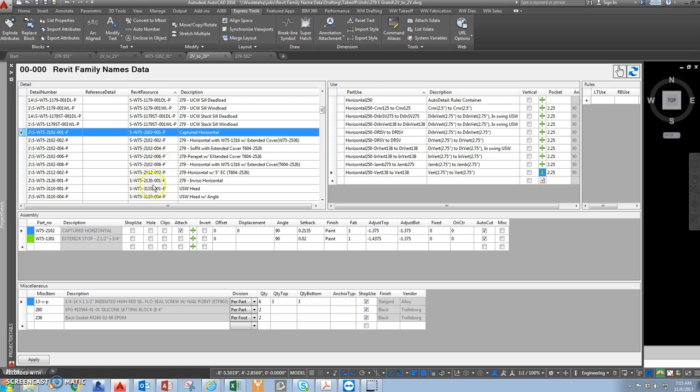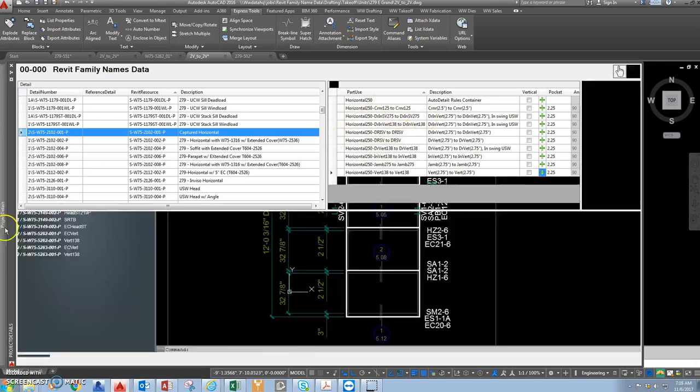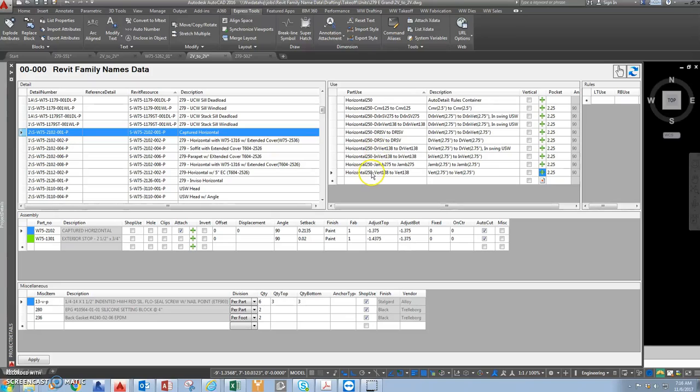This is the Revit family name, the detail number, a little small description, and here are our taglines. In this case, we're using this horizontal vert to vert on both sides. So we fill in the information with the parts, their miscellaneous items with these corresponding parts, and then we run